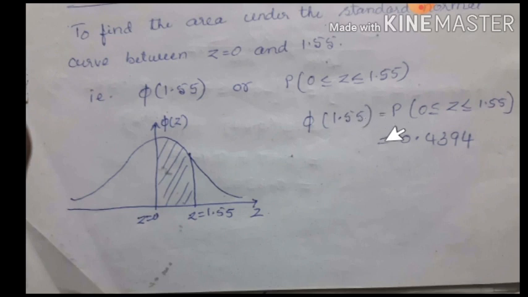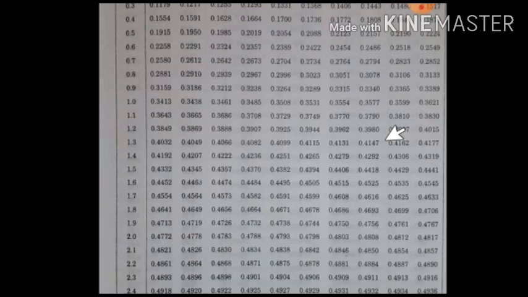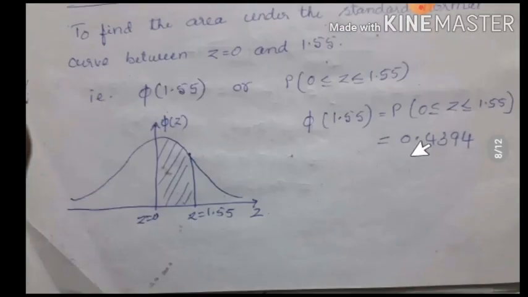Now use the normal distribution table and find out. Let me take out that sheet. 1.55. See, observe. This is the 1.5 row z value. Again 1.55, the 0 column represents 0, 1, 2, 3, 4, 5. So 0.4394 is the area under the normal curve at z value 1.55. 0.4394. Observe that. Yes, 0.4394. Okay.